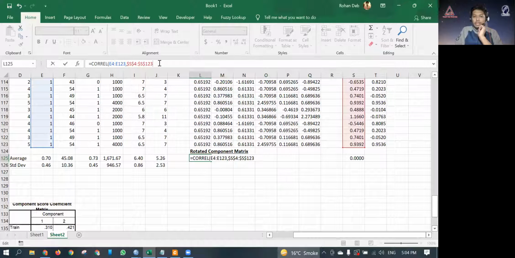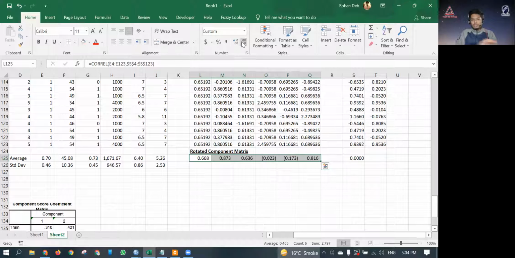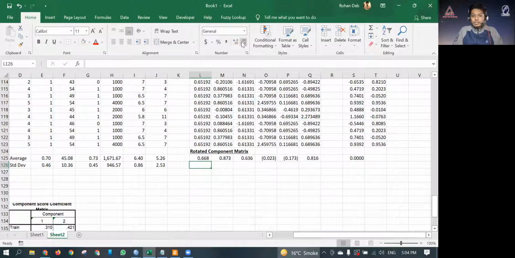Then you close the bracket and you should get the component matrix score. So now you can just press Ctrl+R and it should give you the component matrix score for the rotated component matrix of that. Okay, now next would be for the factor 2. This is factor 1 and this would be factor 2.